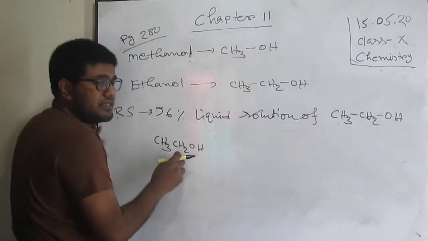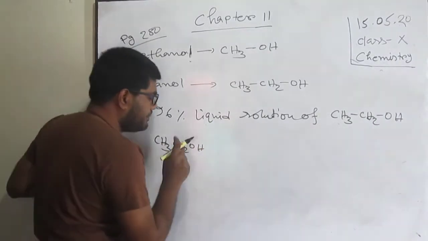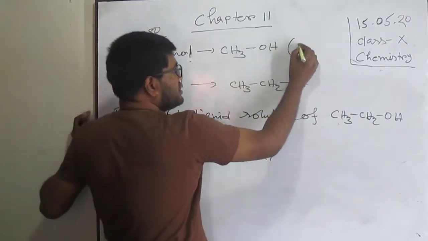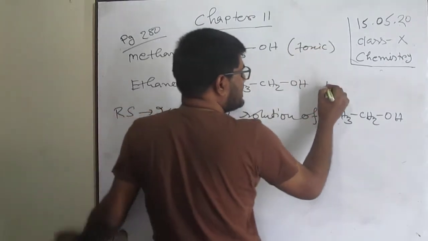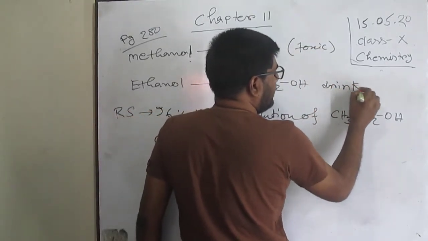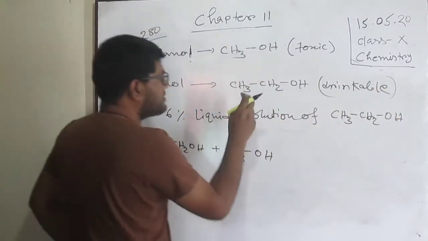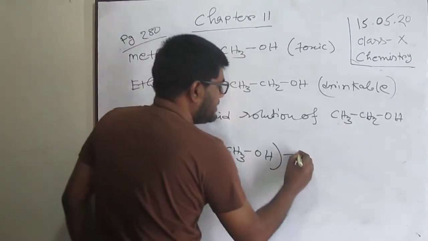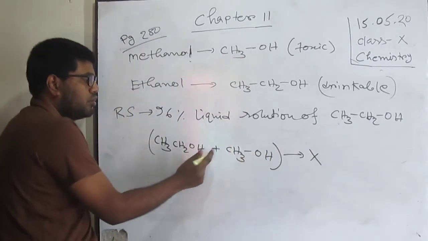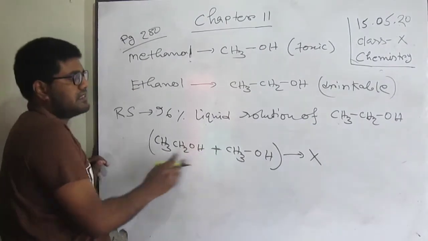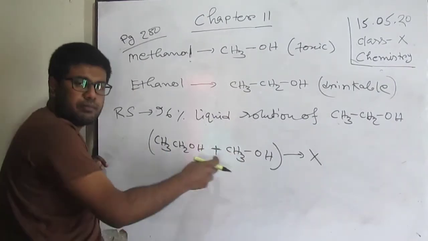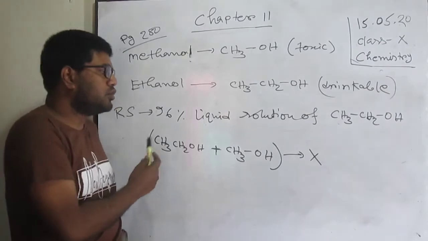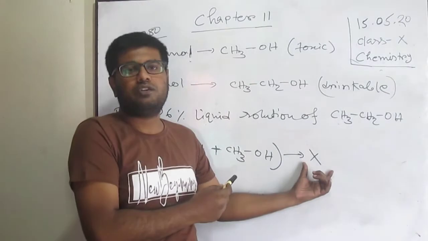CH3CH2OH. This is called ethanol. This is drinkable alcohol. So sometimes this ethanol is mixed with methanol. This is a toxic substance. This is toxic, but that is drinkable. So when this drinkable substance is added with this toxic substance, then this mixture is also toxic. So we never try to drink this type of composition. Sometimes methanol is added with ethanol to make it a toxic substance.